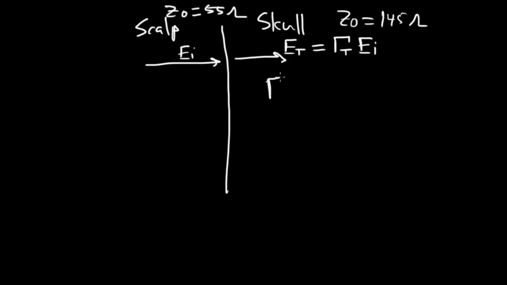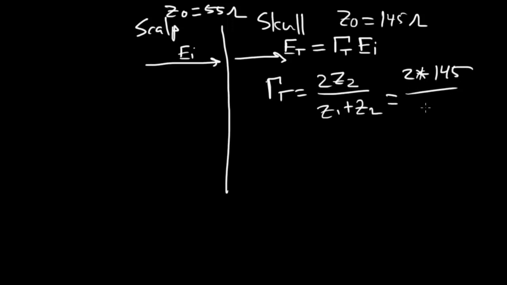So the transmission coefficient equals 2 times Z2 over Z1 plus Z2 equals 2 times 145 over 55 plus 145. If you do the math, that comes out to be 1.45. Okay, greater than 1. Remember, the conservation of energy does hold, and I'm going to prove it to you right here. We have the reflection,